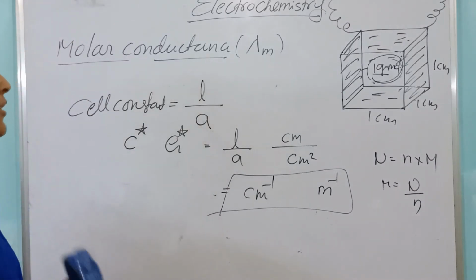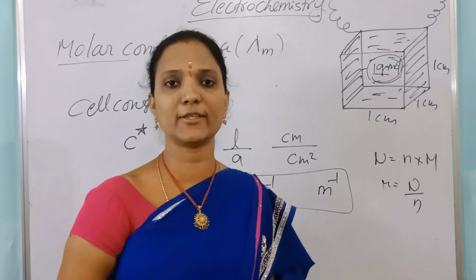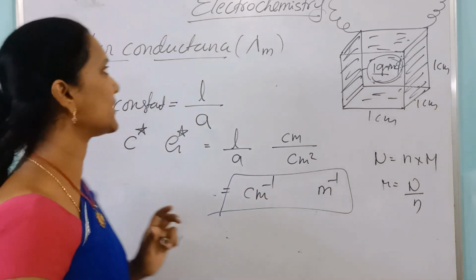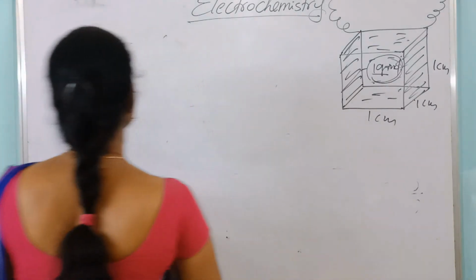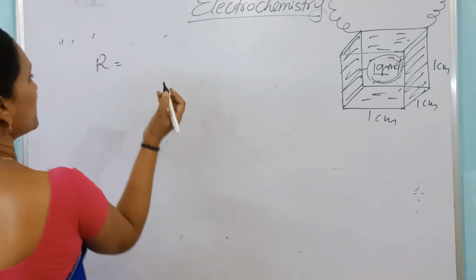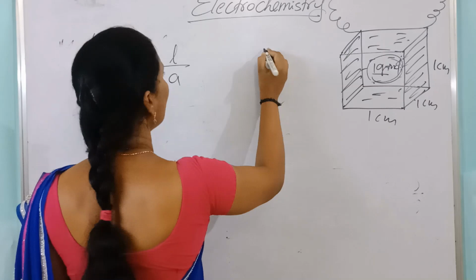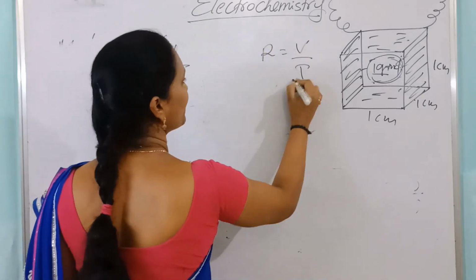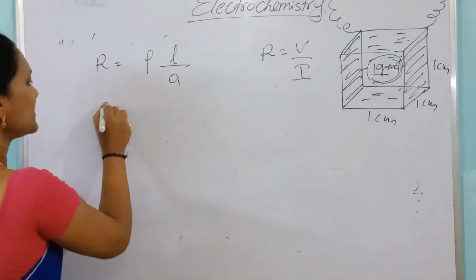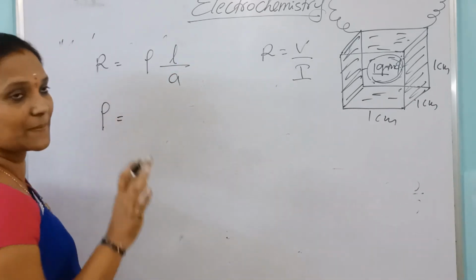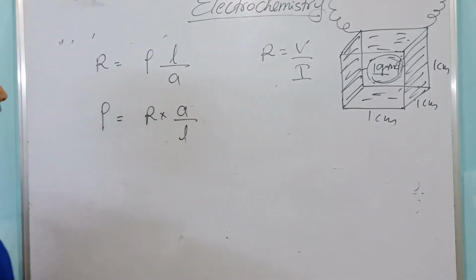Okay, cell constant. Now, in most of the problems, they will use cell constant and resistance, so we have to calculate molar conductance and equivalent conductance. So what are the relations here? If the given problem is to calculate the resistance, R is equal to rho into L by A. If just volts and current are given, R is equal to V by I. If the problem is to calculate the resistivity or specific resistance, it is R into A by L. They will give the A value and L value.